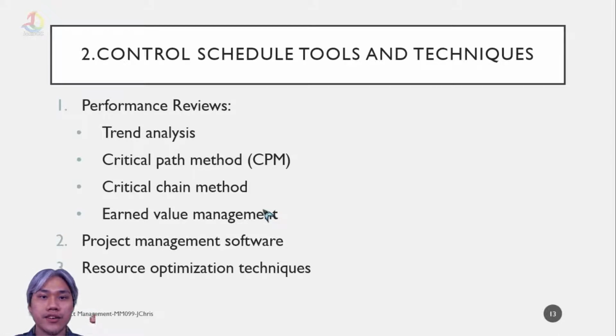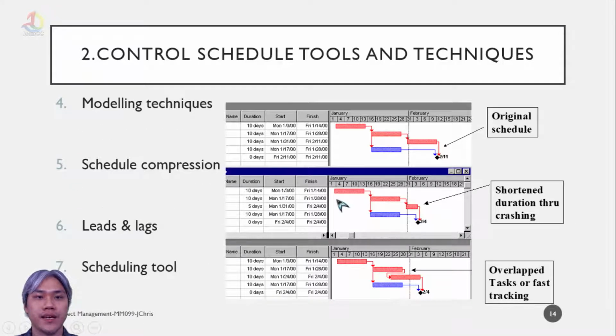The control schedule tools and techniques are: performance reviews using trend analysis, critical path method (CPM), critical chain method, earned value management, project management software, resource optimization techniques, modeling techniques, schedule compression, leads and lags, and scheduling tools. Modeling techniques usually use a Gantt chart, and we are going to see some